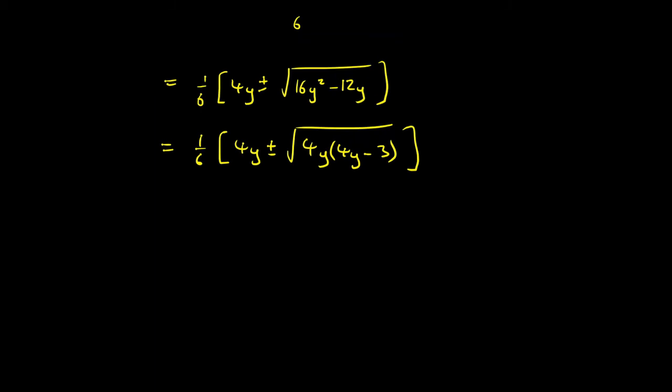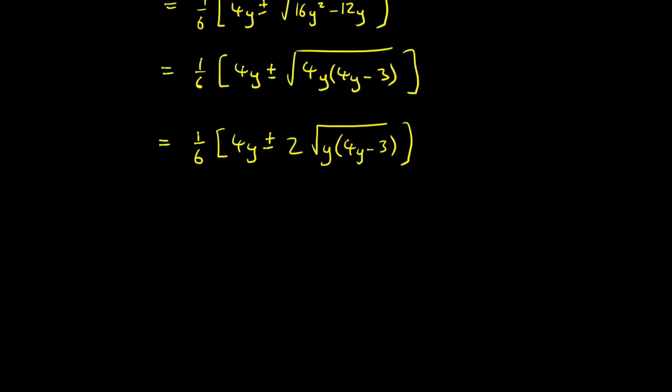And we can square root the 4 to get 2. So we're going to get a sixth of bracket 4y plus or minus 2 the square root of y bracket 4y minus 3, close bracket, close bracket. So now if we multiply through by a sixth, well, we can cancel off, can't we? So that will become a third of 2y plus or minus the square root of